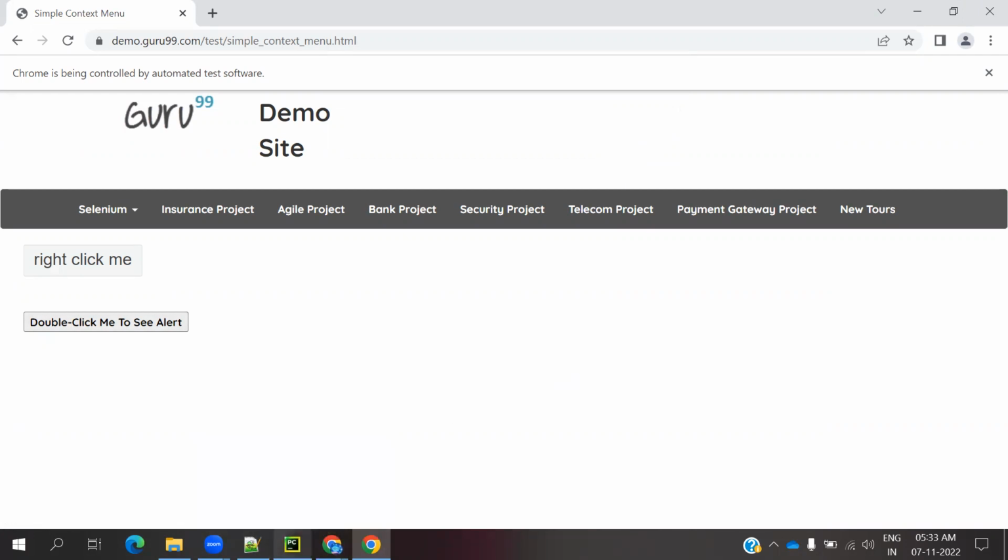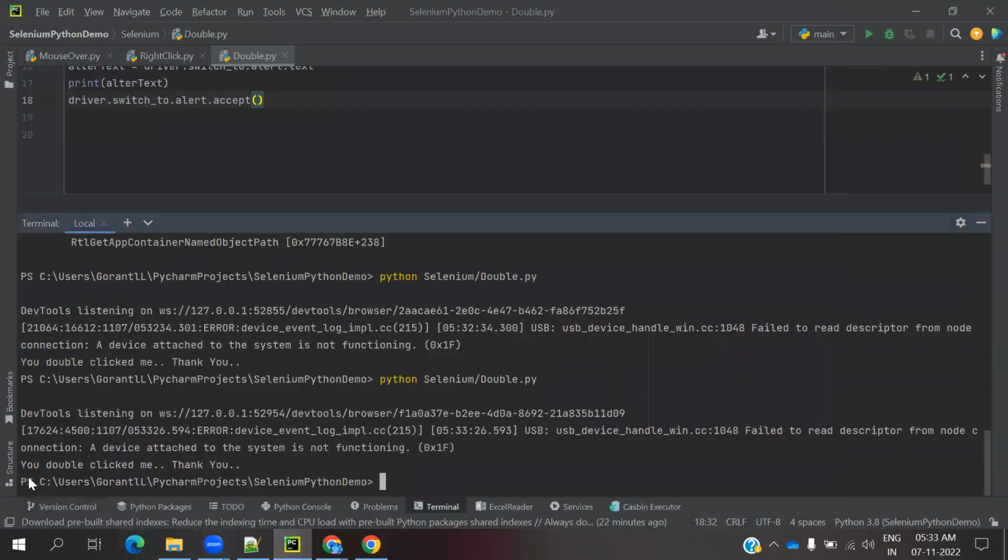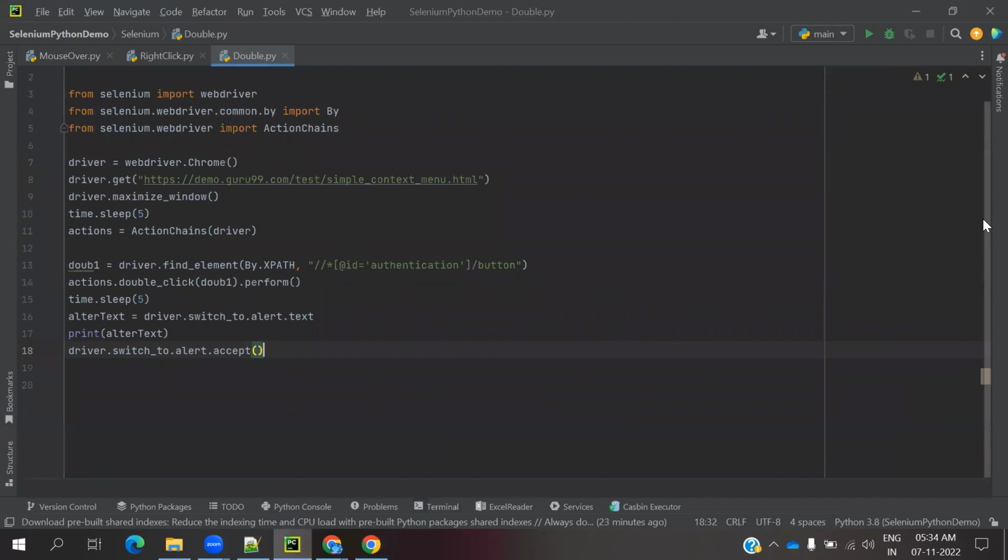Just now you could see, right? You can see the content: you double clicked me, thank you. This way you can even use some assert and verify this value also. This is all about double clicking your content, a button,